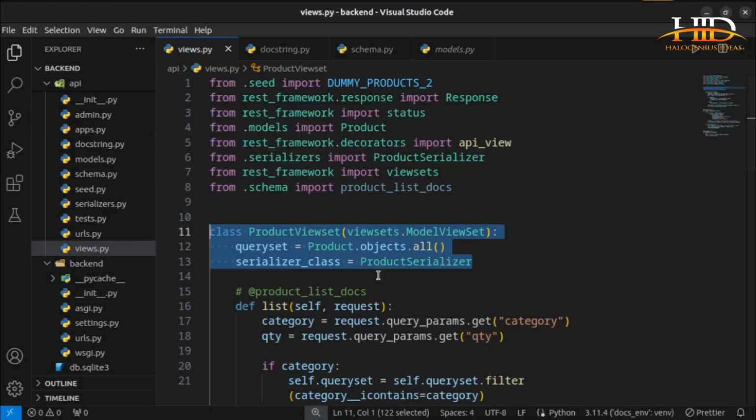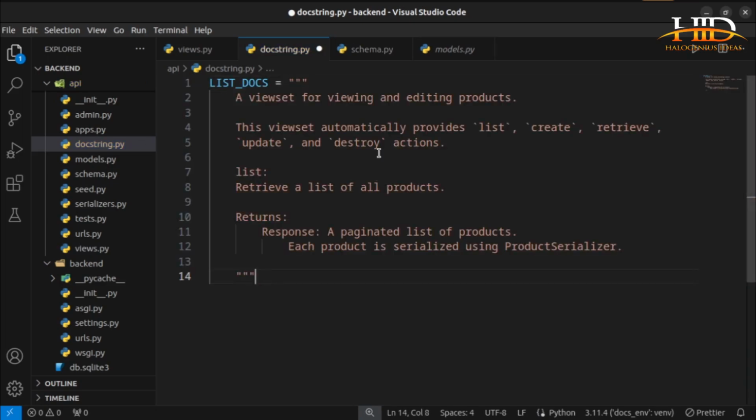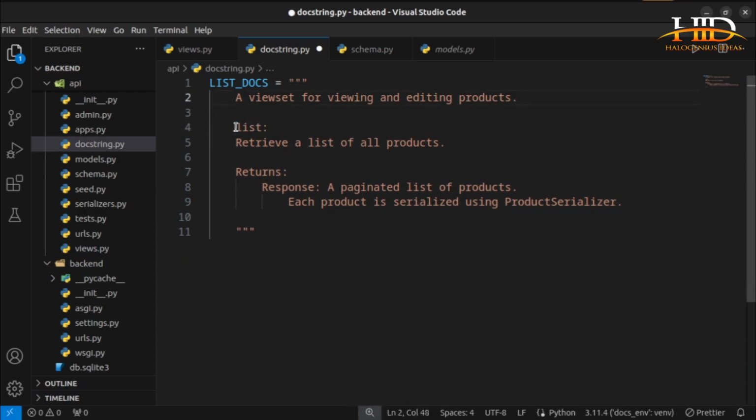ChatGPT can be stressful some days. So list docs equal to, paste it here. I don't think I want this, so let me just take that one out. So this will be for the list. Now create docs equal to,